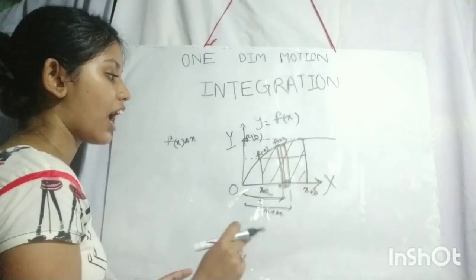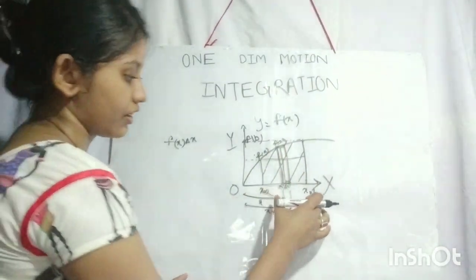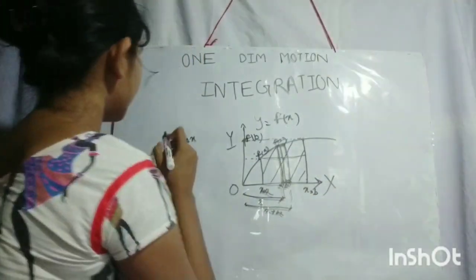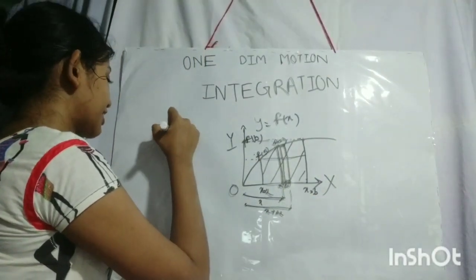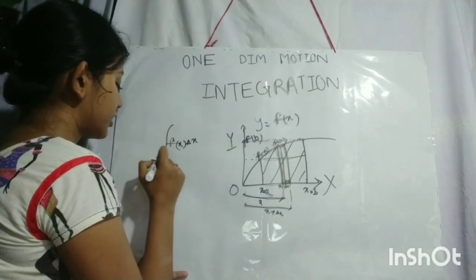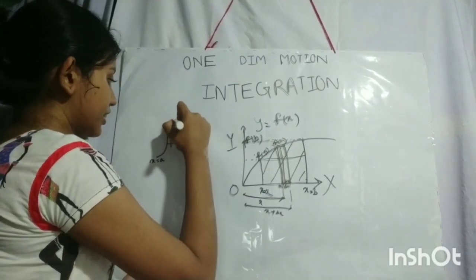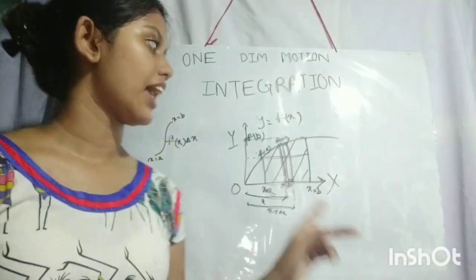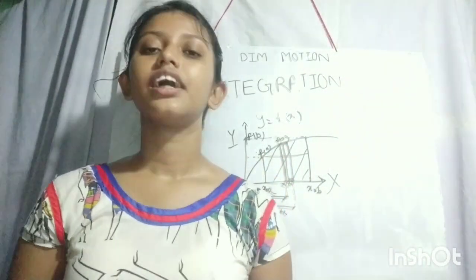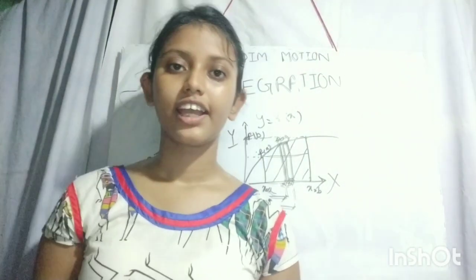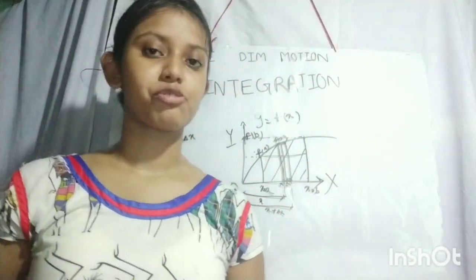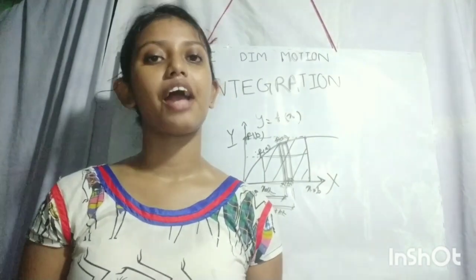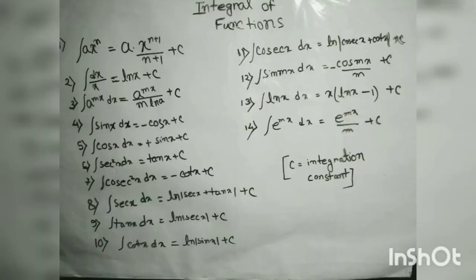And I have to choose the area between x equals a to x equals b. Now the integration sign here, x equals a to x equals b. So by this method I will have the total area under the curve. This is the use of integration, and the other properties of integration I will write here. Please note.